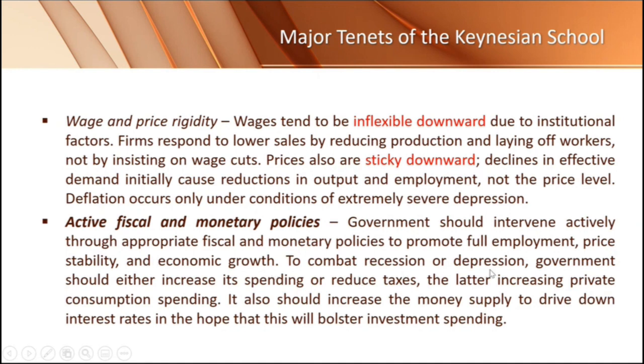To combat recession or depression, we cannot depend on pricing alone. The price mechanism and free market, according to the Keynesian school, is not efficient because of sticky prices. So to combat the recession and depression, government should either increase its spending or reduce its tax, the latter increasing private consumption spending. It should also increase the money supply to drive down the interest rate in the hope that this will bolster investment spending. So active fiscal policy and monetary policy is one of the major principles of the Keynesian